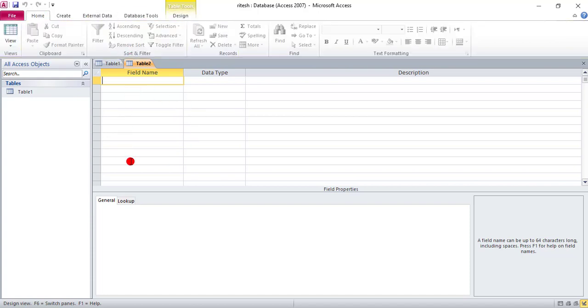Okay, this area is called field grid pane. Here we will design the field names, and this area is called your field properties pane. Okay, and this we have already discussed. This one is your navigation pane.